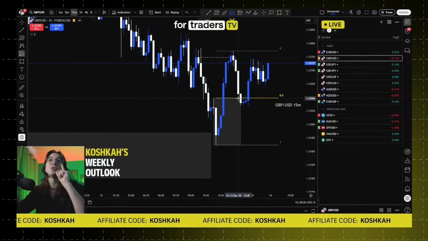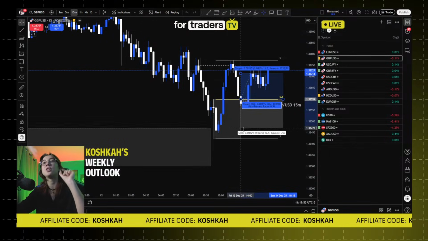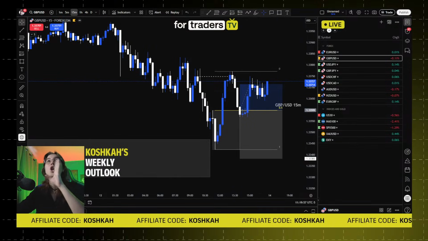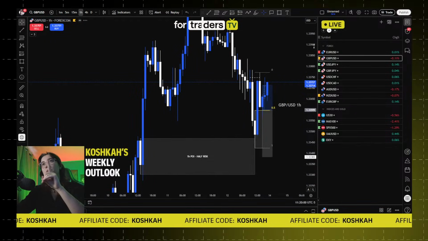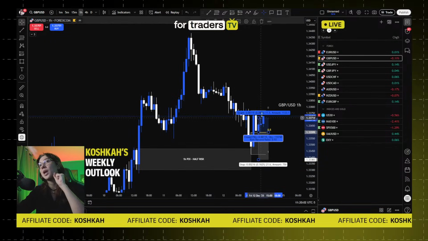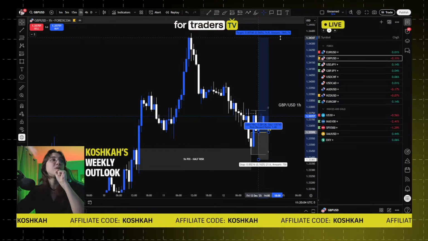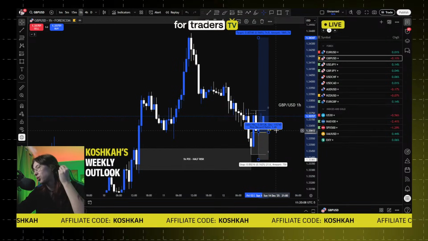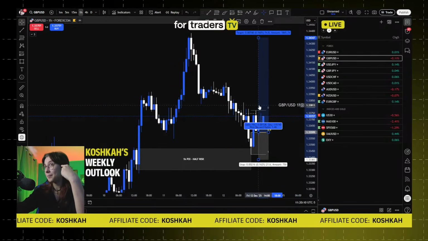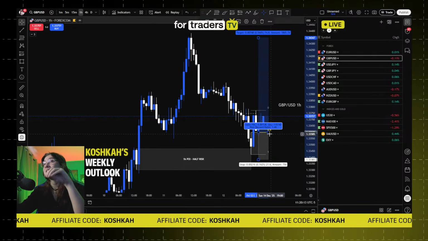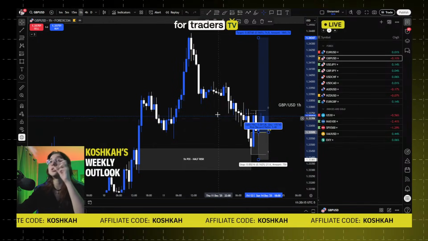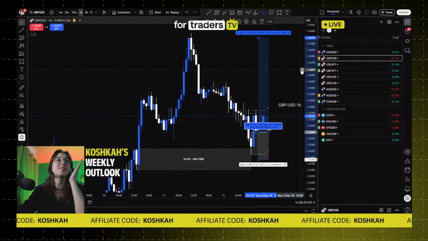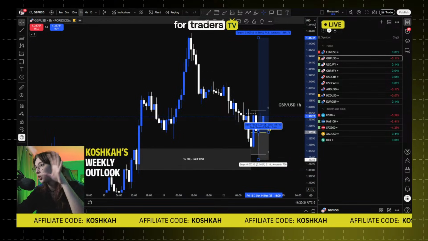Now, if you straight away enter at this point of interest right here, stop loss below the low, exactly right here, you'll see that there is a little problem, okay? The little problem is that if you target the high, it's less than 1 to 4 risk-reward ratio. For me, a trade that is less than 1 to 4 risk-reward ratio, according to the results that I have with the strategy, is not a trade that is worth taking.